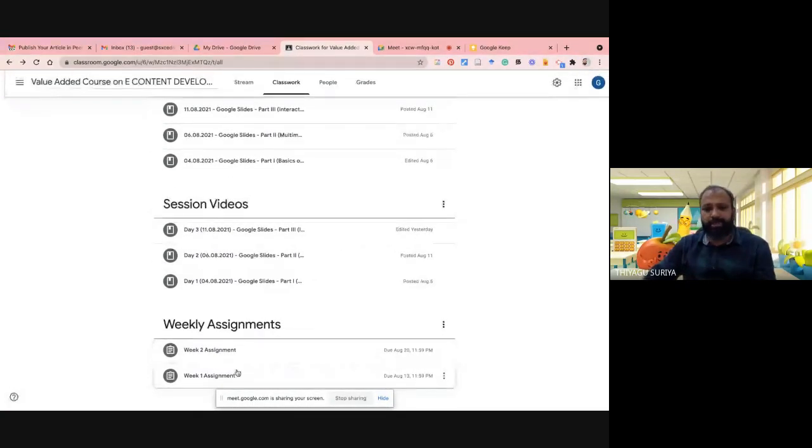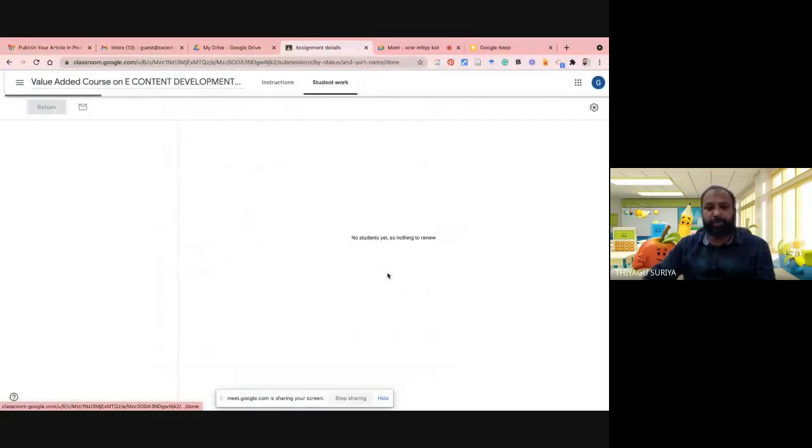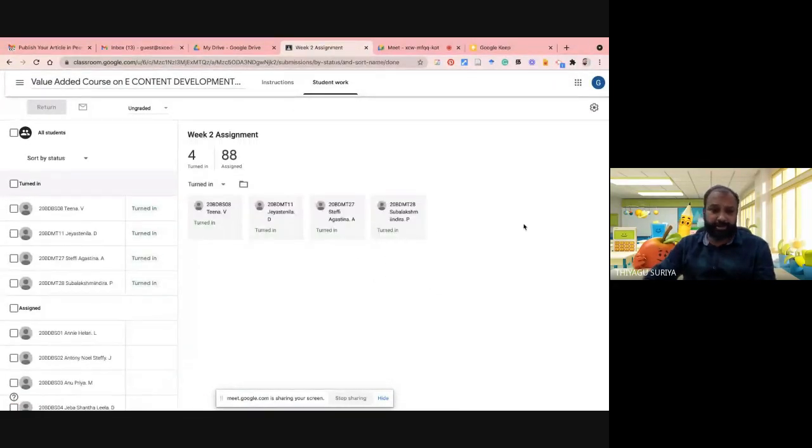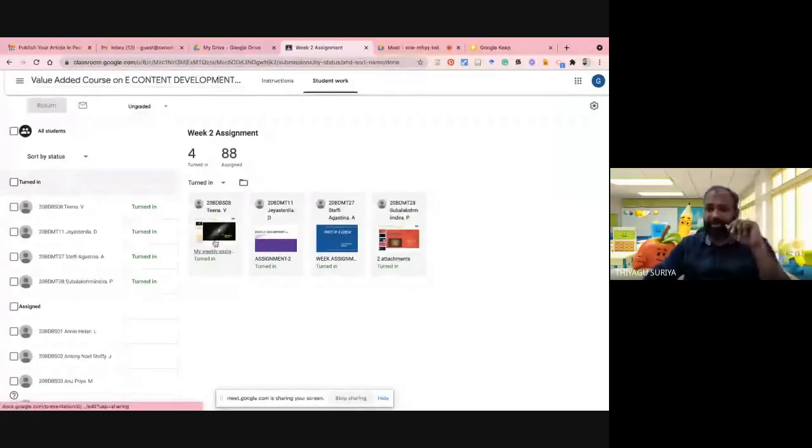Till now, I got the weekly assignments from four participants. I really appreciate the four participants who submitted the assignments, even though it's not yet the deadline. Actually, I gave time up to Friday, but even so they submitted, it's a great move. Next week I have the vacations, we have the Onam celebrations, so at that time I can view all your content. I will assign some kind of grades also if you need it. Otherwise, I can skip this and do the feedback only.